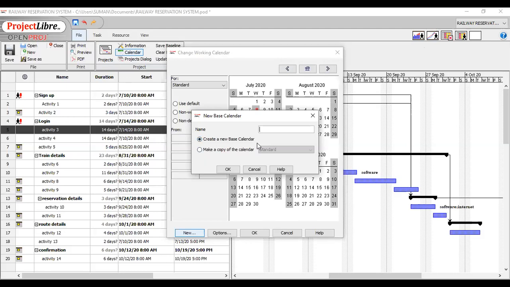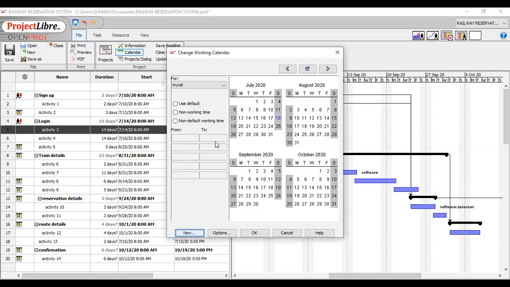To make our own calendar, I just click on create a new base calendar and give it a name. I'm writing My Calendar. Press OK. Then you can check that My Calendar is now available for setting the rules for all working hours, for all working and non-working days.